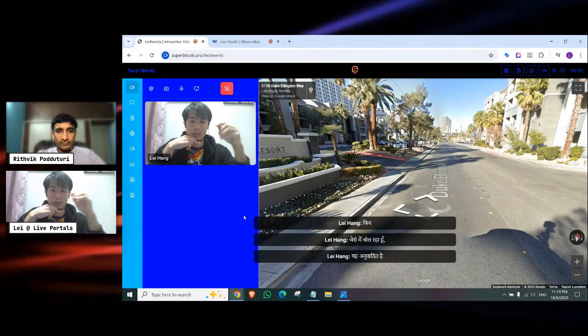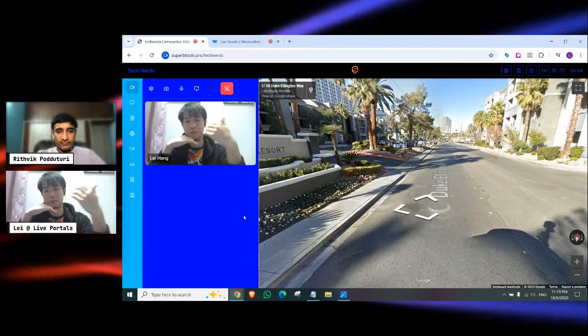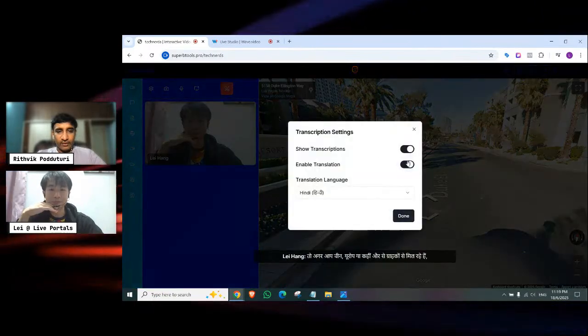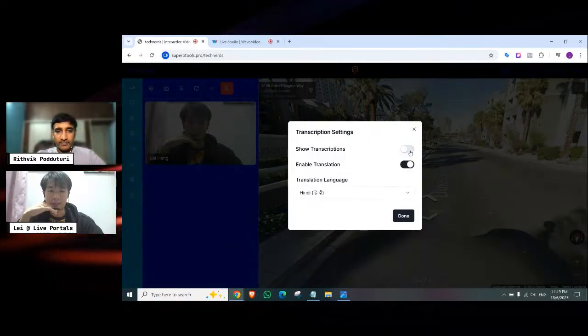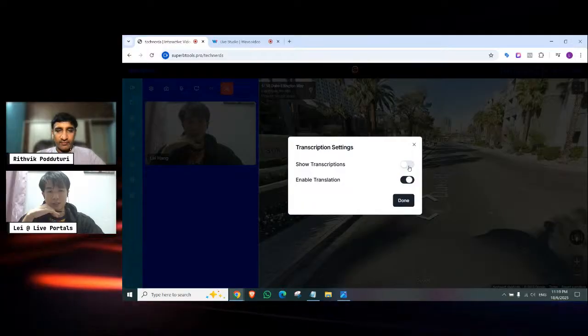That way, everyone can understand what you're saying. So, if you're meeting with clients from China, from Europe, or anywhere else, this is a very useful feature. And let's say if you feel this is annoying and blocking the view, you can just close it, and then